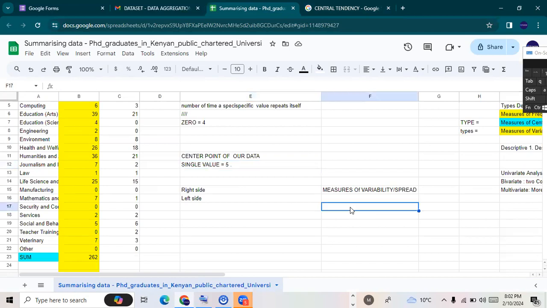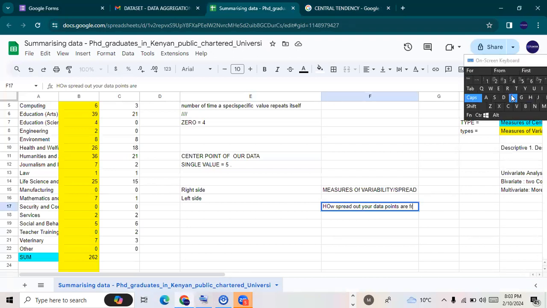What it means simply is looking at how spread out your data points are from the center. I don't want to say from the mean, I'm just using center so we all get a clear idea. From the center of our data,